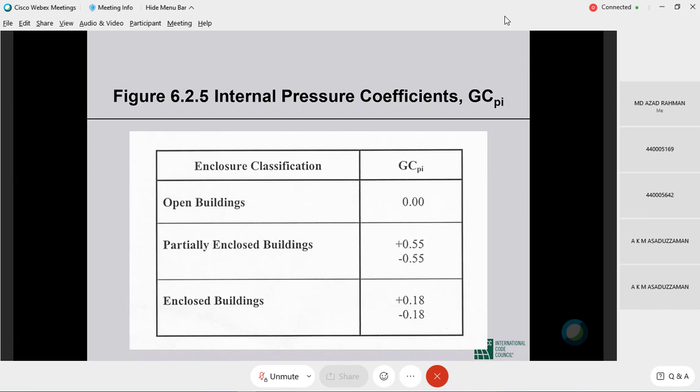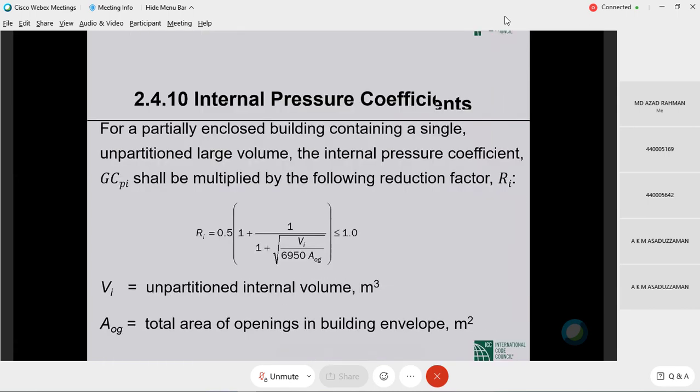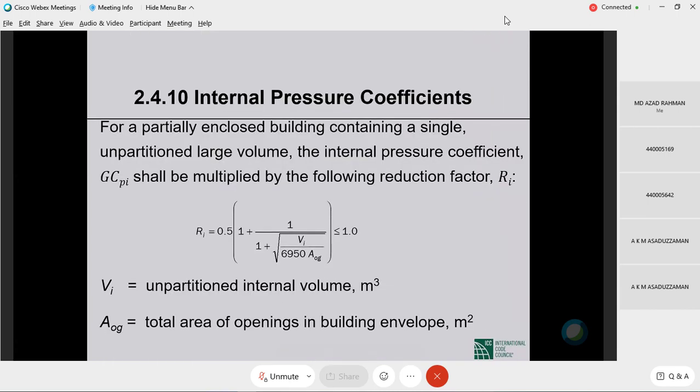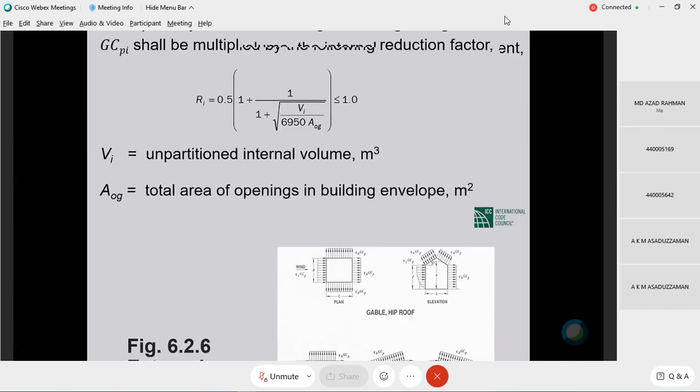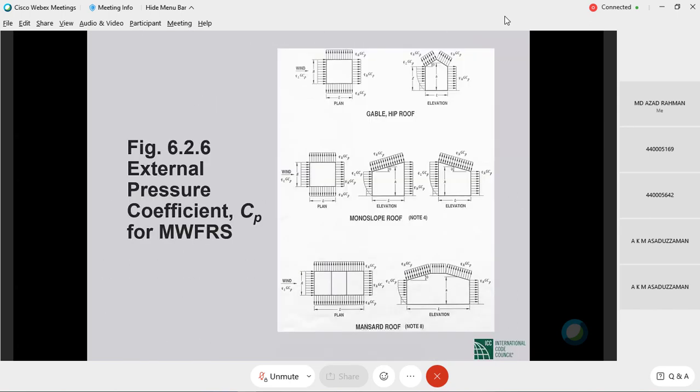Internal pressure we always consider both ways because for some walls the positive is more critical, for some other walls the negative is more critical. For partially enclosed buildings containing a single unpartitioned large volume, the internal pressure coefficient G times C sub Pi can be reduced. And there is an expression which I will not spend time on. C sub P, very, very important. And I will keep to the